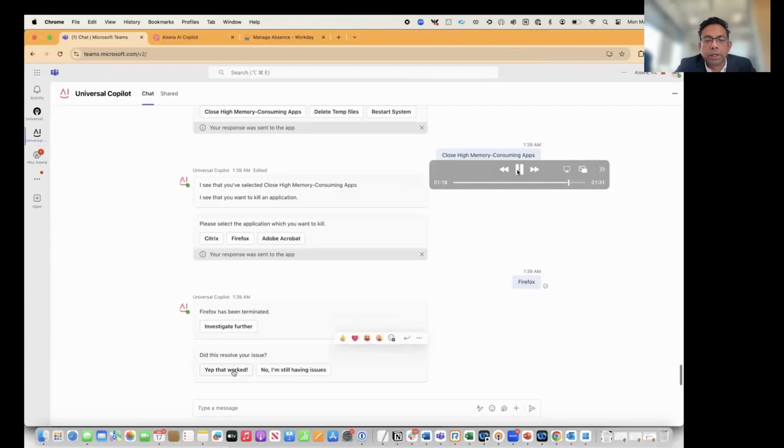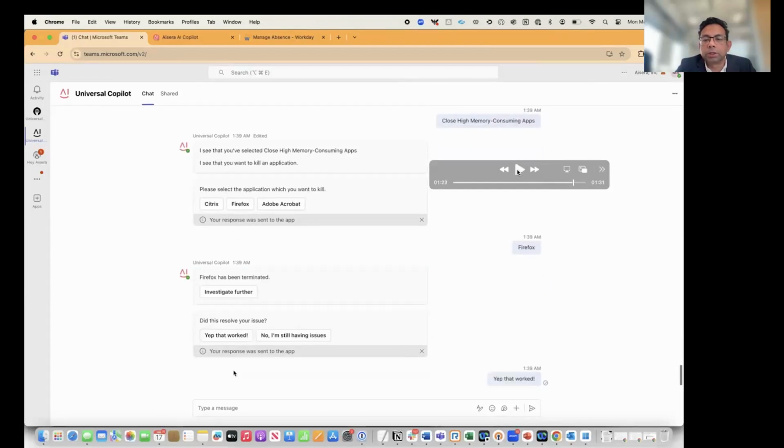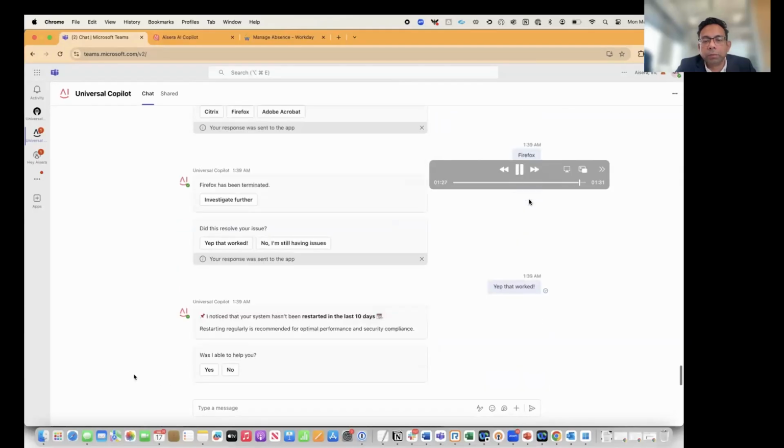Since it's mimicking exactly a human agent, it does not stop there. You will see that it goes ahead and looks at when it was last restarted, and also prompts the user that they should be restarting frequently. That's a great example of both knowledge serving as well as action taking across multiple different endpoints,